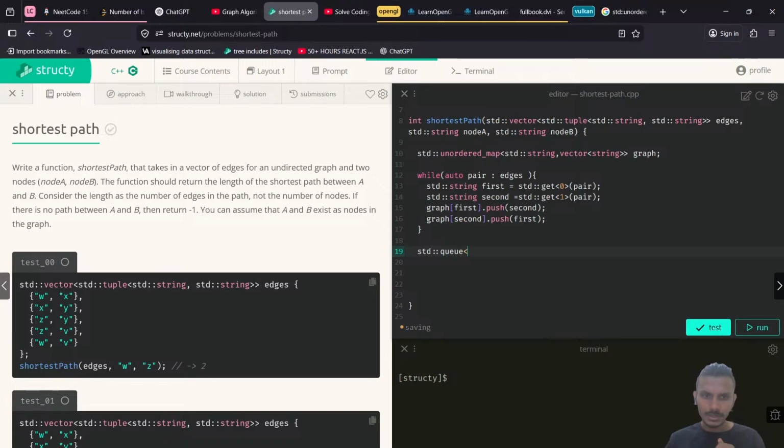Okay, first time into pair of pair of, let's say, pair of string and int. So that will be distance. Okay, queue. Now